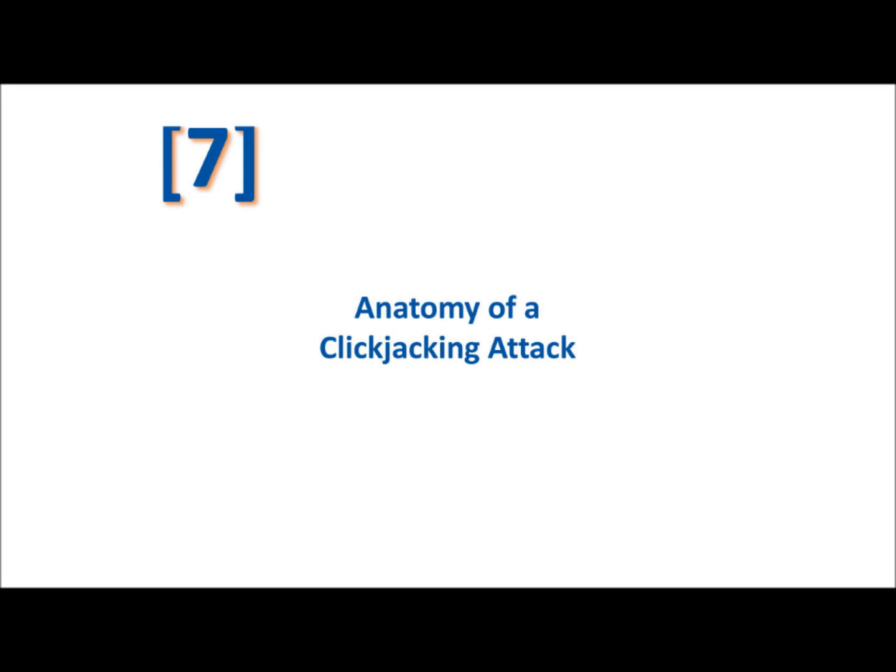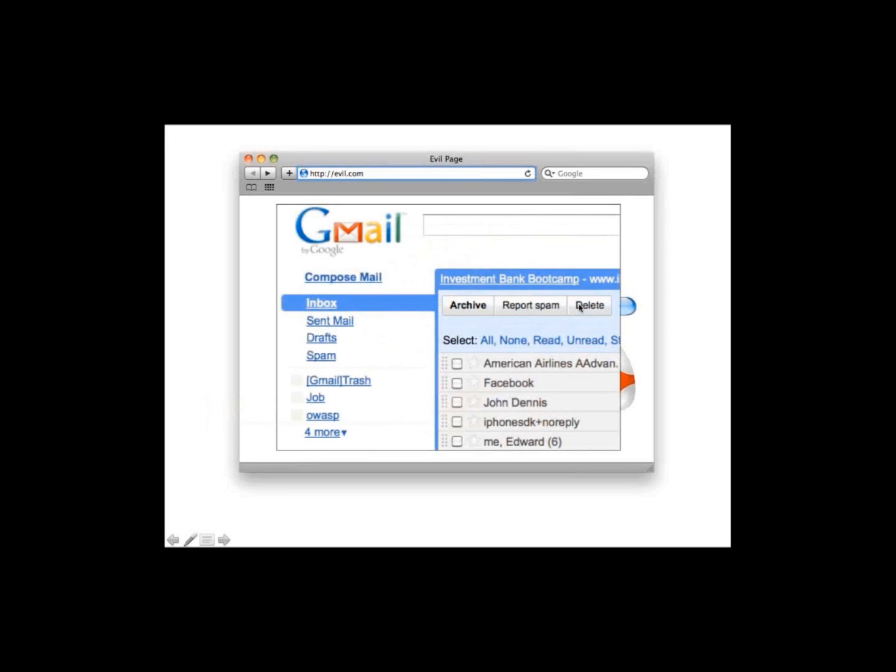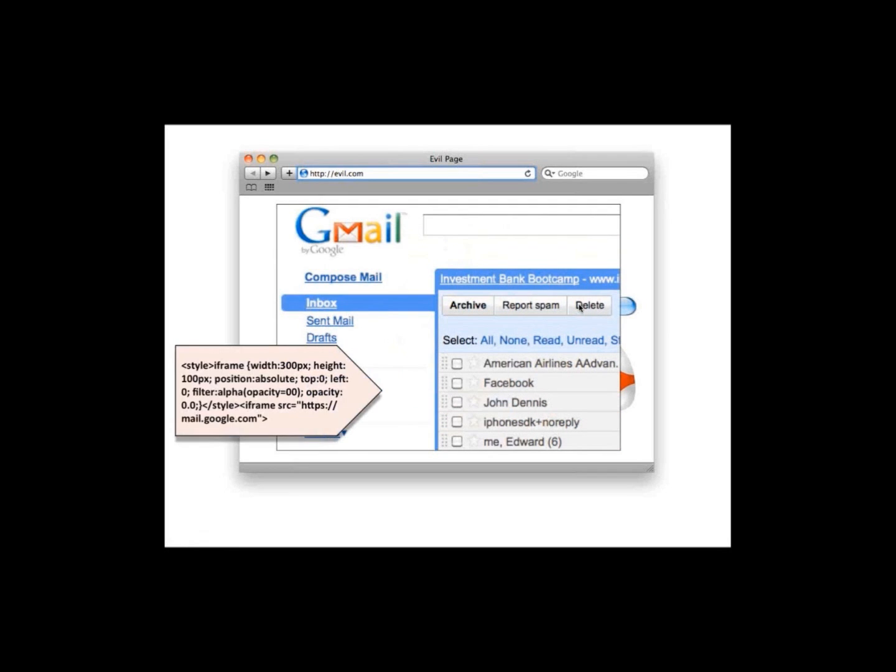Next we have clickjacking. This is a one-click attack. So let's look at this fun and exciting website. We may press one player and then start game. Now, the only problem with that is, as an attacker, I can open up your Gmail in a frame. If you're logged into Gmail right now, I can open up a frame. There's the iframe, and there's the Gmail. That loads your Gmail. But so far, this is safe. Because this is in a frame,